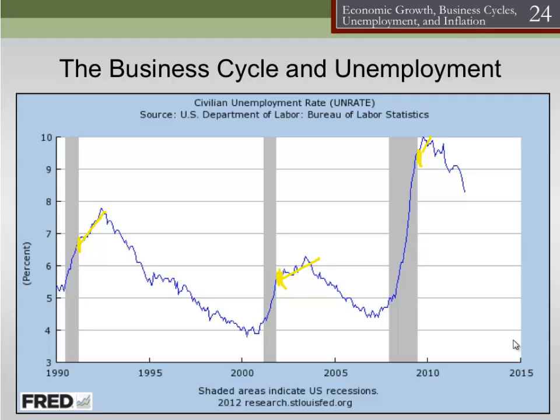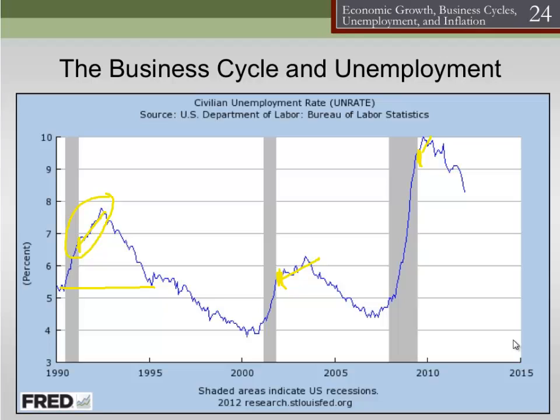Well, because when we're on the cycle, this is the trough. That's the end of the recession. That's as bad as it gets. All right? Then we have to recover before we can expand. And generally what happens is that unemployment or the labor market doesn't recover until several quarters after the end of the recession. All right, so notice we don't get back down to the same level of unemployment that we were at before the recession until all the way here, something like 4 years later.